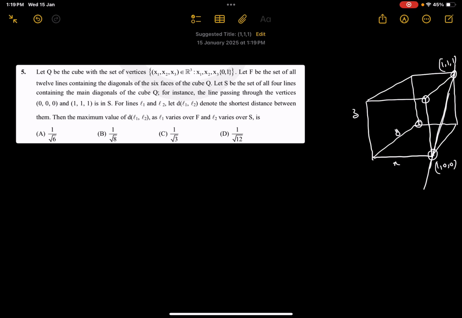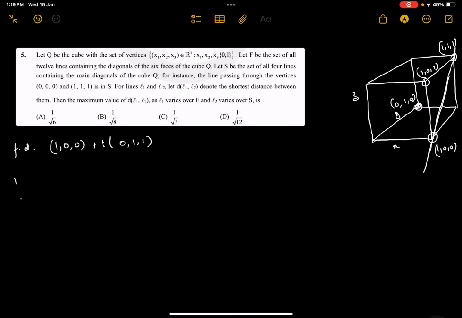So the coordinates of this vertex are 1, 0, 1, and this vertex is 0, 1, 0. So the equation of the face diagonal becomes (1, 0, 0) plus t times (0, 1, 1). This is the face diagonal, and the body diagonal becomes